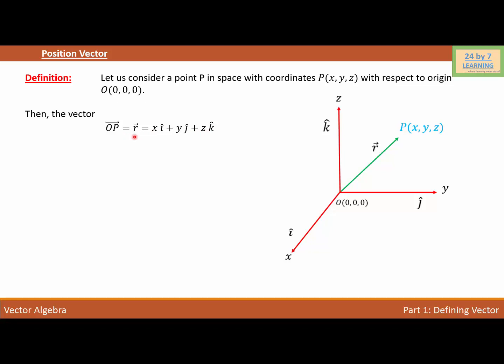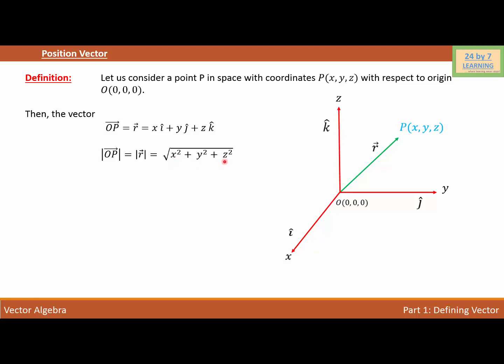Now, as you can see, I have vector r equal to xi plus yj plus zk. Now, I need to find the magnitude of the vector. So how do I find the magnitude? The magnitude of the vector is basically the absolute value of OP, which is equal to the absolute value of r, which is equal to the square root of x squared plus y squared plus z squared. The reason is that